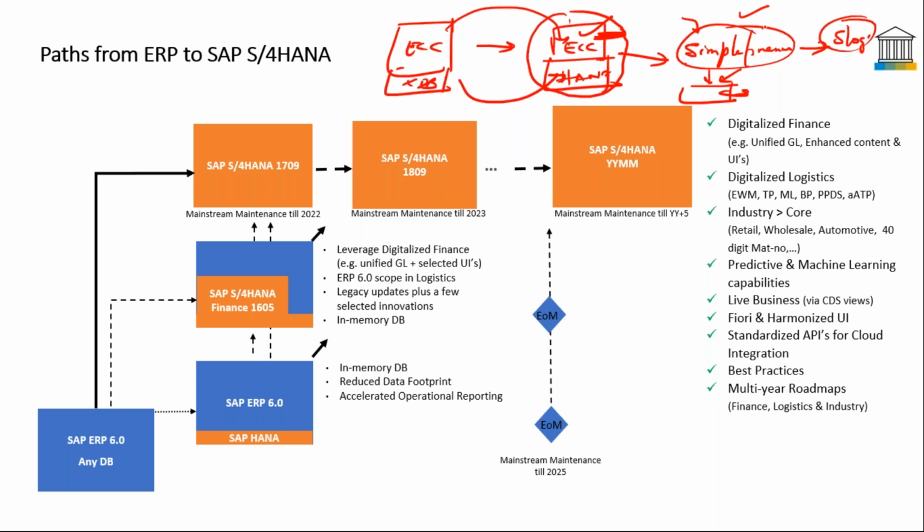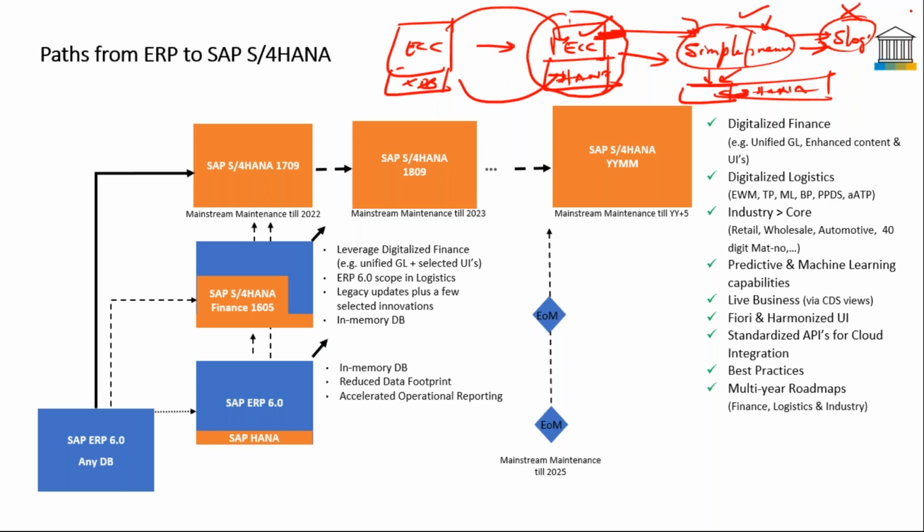Next, if you go to Simple Finance, they'll be using the ECC system in parallel with Simple Finance. Then they'll be implementing logistics, which will all be sitting on HANA as a database. When everything sits on HANA as a database, in Simple Logistics, when you enter a transaction which has been eliminated, it will throw an error saying this transaction is obsolete, no more valid. Sometimes the transaction will throw a dump as well, saying this particular thing has been eliminated in the system. That is where there will be some new transactions coming in.